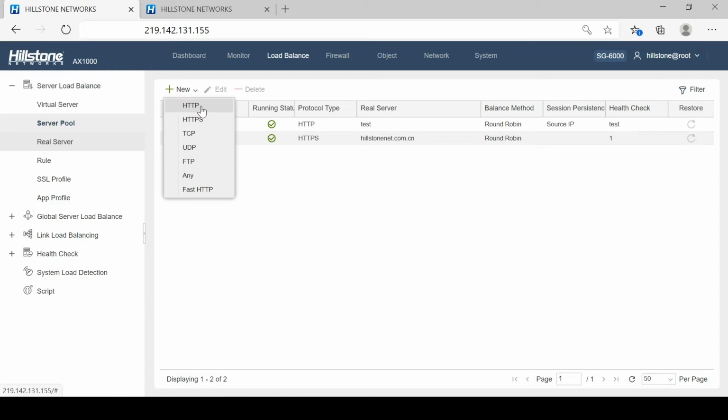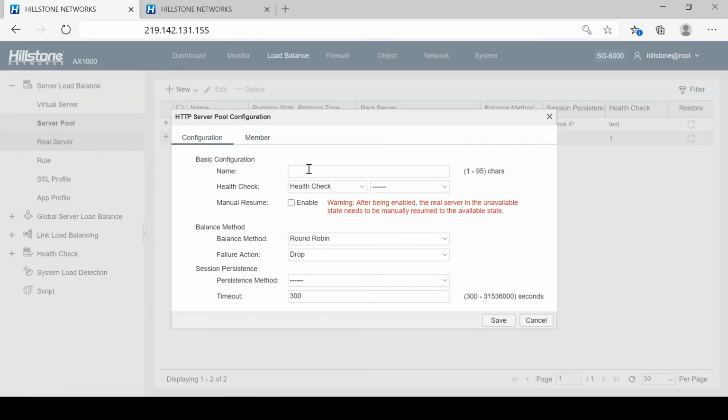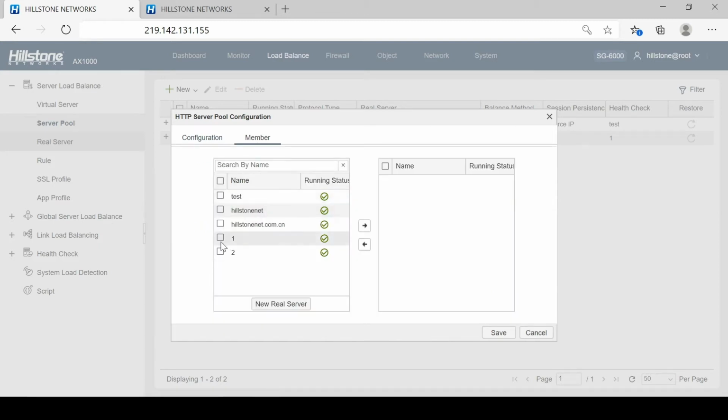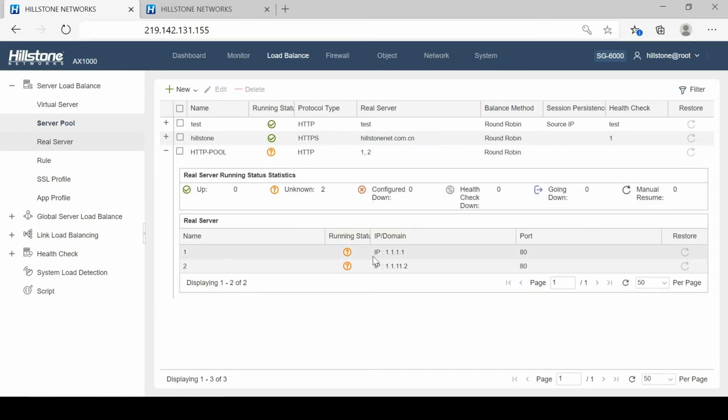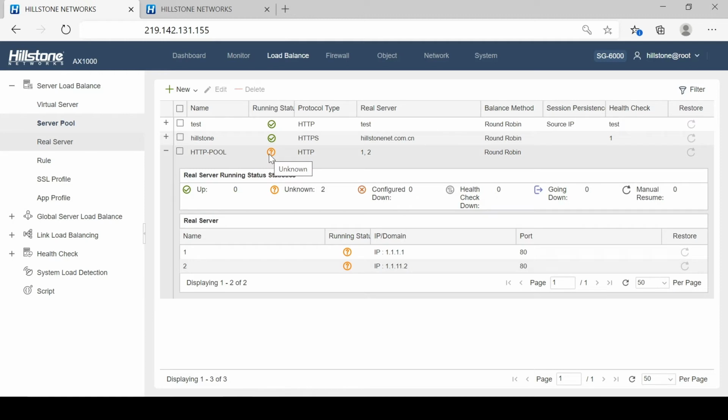Configure a server pool, and then add real server 1 and 2 as the member. Click on the plus sign, we can view the status of the 2 real servers. The question mark sign here indicates that we haven't yet configured the health check for this server pool.